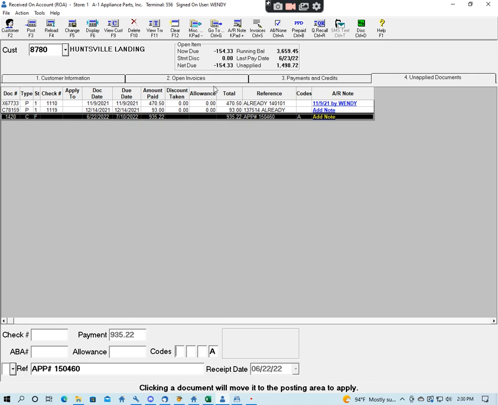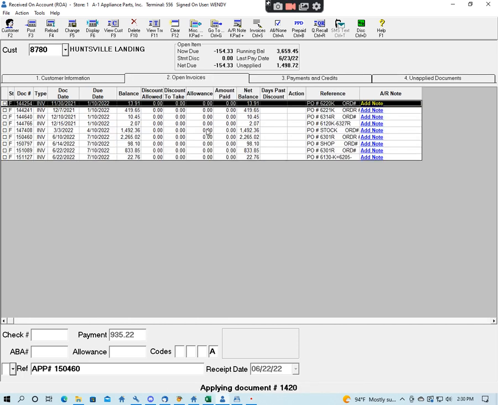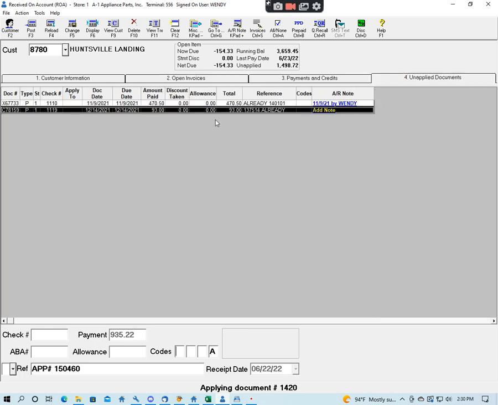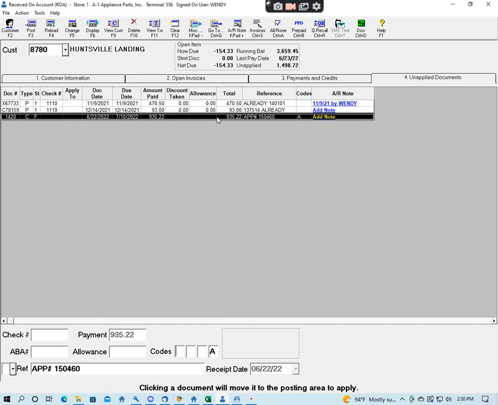At any rate, we are not going to apply that credit anymore. I'm going to go to Open Invoices, and I see here now that that particular invoice that they wanted to pay, this is the amount of the check that they're paying, all is well, and I'll end up applying this check like they wanted it to be applied. They probably have this credit at their office sitting there waiting to be applied somewhere in the future, but they kind of jumped the gun and applied